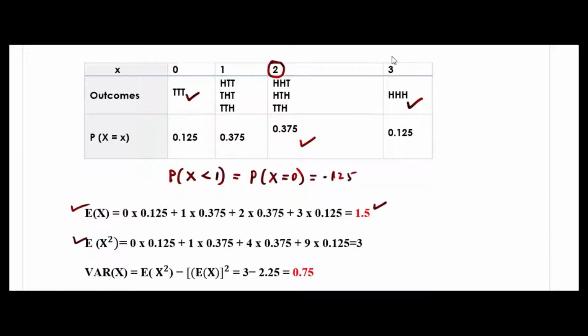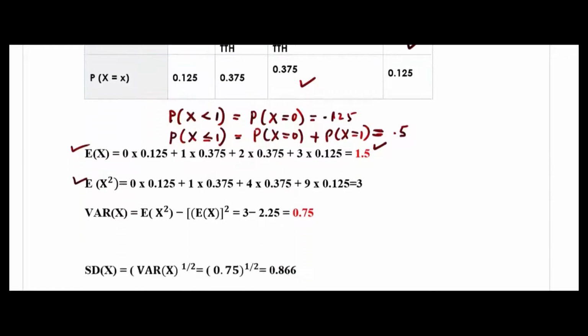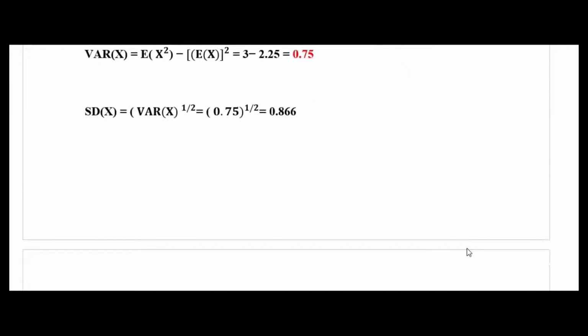However, if you find probability X less than or equal to 1, remember, in continuous, less than 1 means up to 1, and an infinite number of options will come. However, in case of discrete, less than 1 means you directly write 0. Here, less than or equal to 1 means you have to write 0 and 1. And you have to add these two probabilities, you will get the final one. That will be equal to 0.375 plus 0.125, that is 0.5, 50%. You can find all these probabilities. And standard deviation, if you want it, is the square root of the variance of X, and you will get the answer.